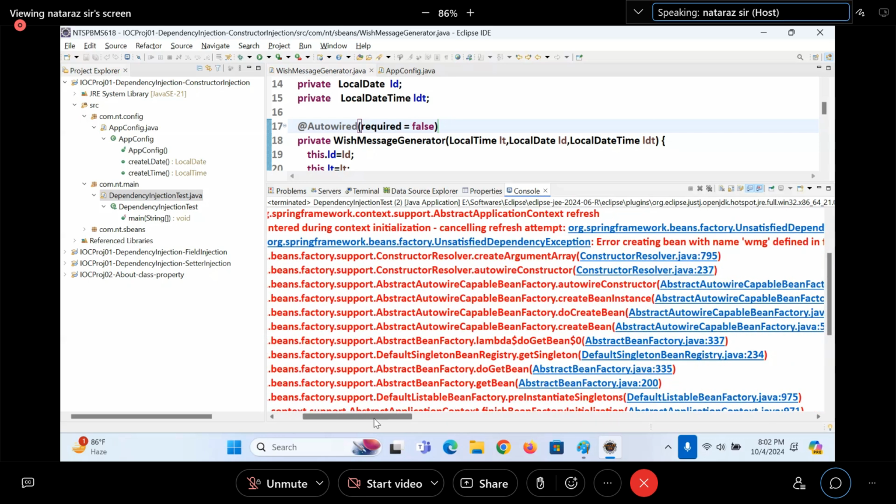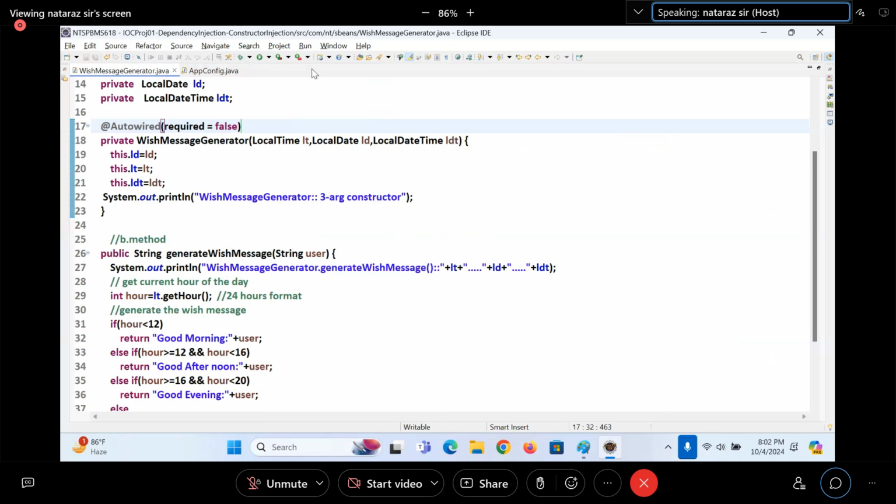I will tell you now. I have another parameterized constructor, and there also I kept @Autowired. Those constructors should not be used; this constructor should be used while creating the object. What we should do? In the constructor that should be used, keep required is equal to true, which is the default value. Other constructors we can keep required is equal to false. That means if you want to place @Autowired on multiple parameterized constructors, only one constructor can have required true. Remaining all constructors should have required false. Are you getting my point, guys?